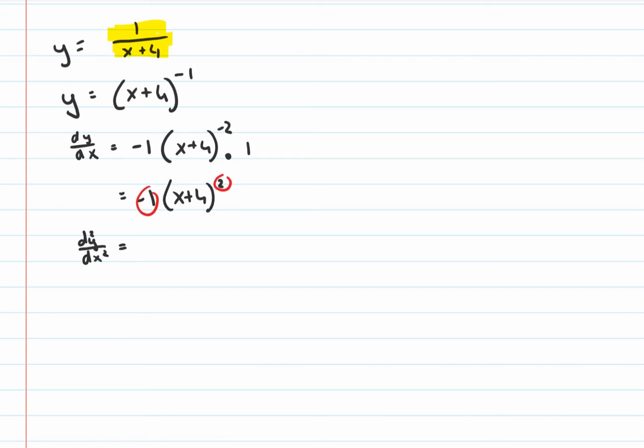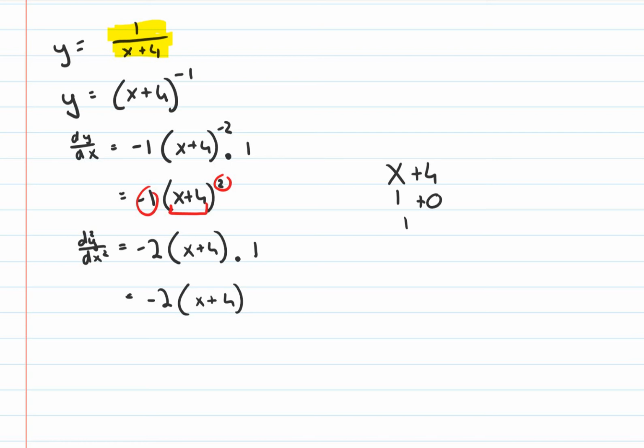2 multiplied by minus 1 is minus 2 (x plus 4) to the power of 1, and anything to the power of 1, you can just take the 1 out, multiply by the middle bit differentiated, and x plus 4 differentiated is just 1. If you're wondering why it is 1, think about this. x on its own differentiated is just 1, and a number differentiated is 0, so that's 1. So this will give us minus 2 (x plus 4). Actually, sorry